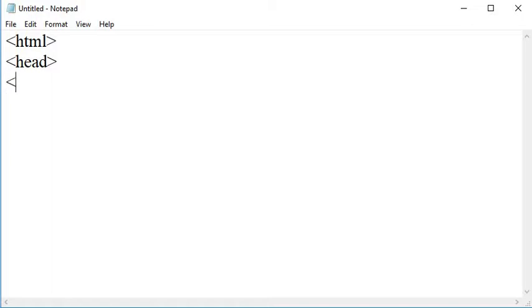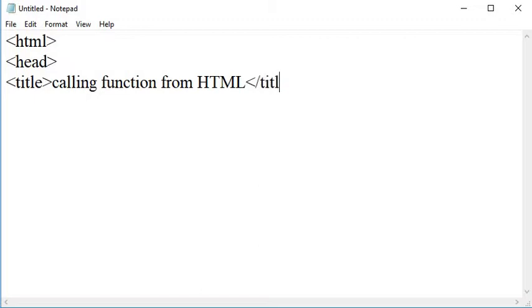After that, I am taking a title, and in it, calling function from HTML. This is the title of the program.